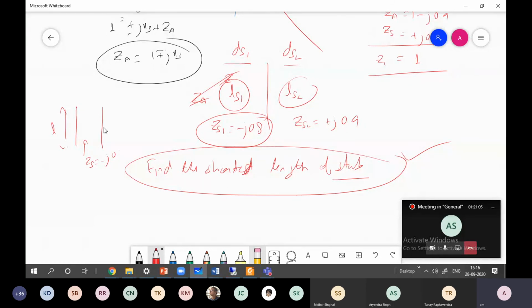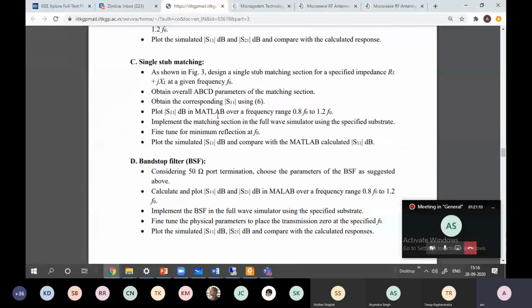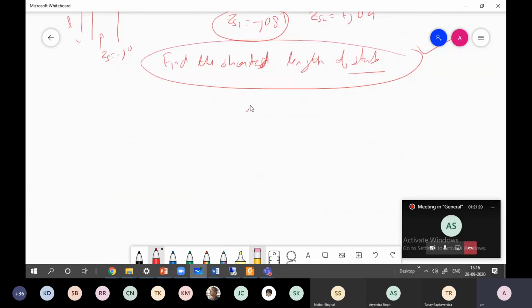Now this can be done. Once you have calculated all these things on pen and paper, let us take some value. Let us say you get LS equals 0.23 lambda G and DS equals, these are just values I am taking and have no significance, let's say 0.4 lambda G.